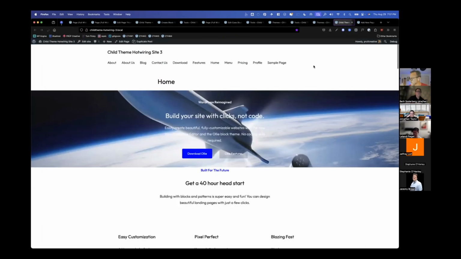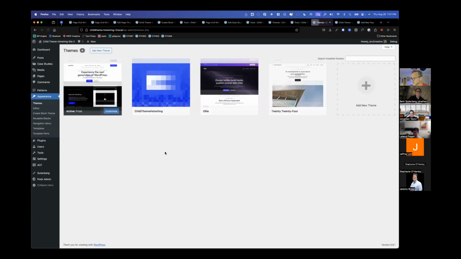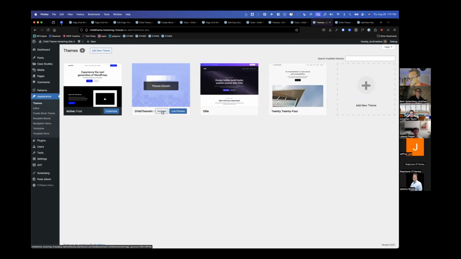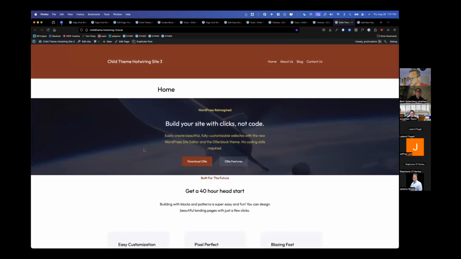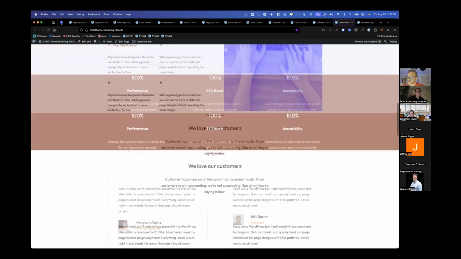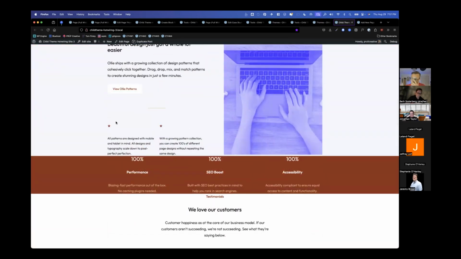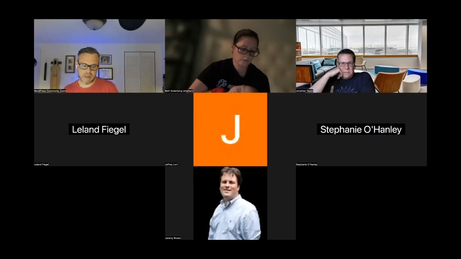I'm going to do a quick refresh. Everything is still the same. And I'm going to refresh here in the background of the theme appearance menu. And now hit activate. And what we should see is that's Frost now, but with all of the colors that I specified for Ollie. So there is literally zero reason that right now you shouldn't be able to start working on a block theme via a child theme.